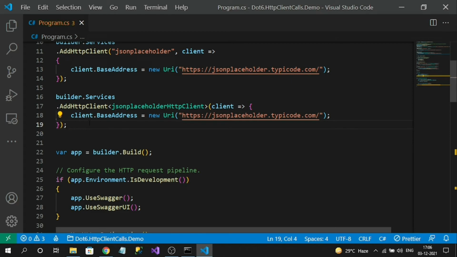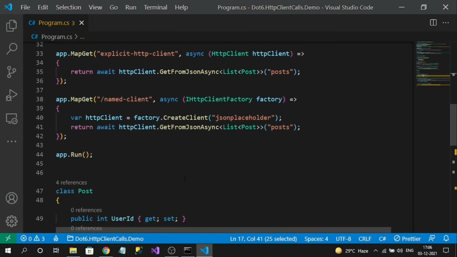Okay, that's it. Now this JSON placeholder HTTP client is registered in DI, right? Now it can be injected directly into the delegate handler methods of any of our minimal API endpoints.